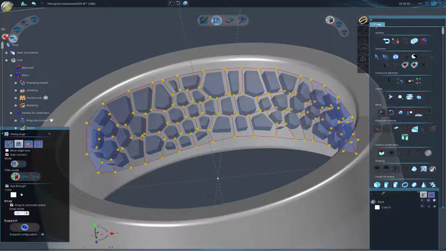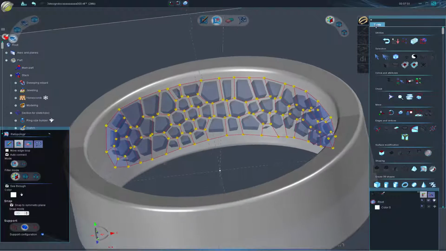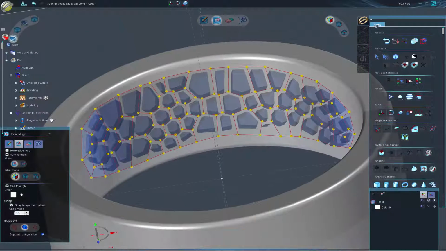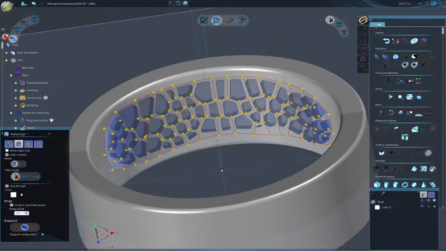We can reshape these however we want. The one thing you don't want to do if you're using retopology is delete or rub out any polygons, because if you delete parts of the mesh that will mess up your honeycomb pattern. So keep that in mind. Only modify it. Don't delete it. I haven't tested it. You probably can add more cells to it. You have to play around with that, but